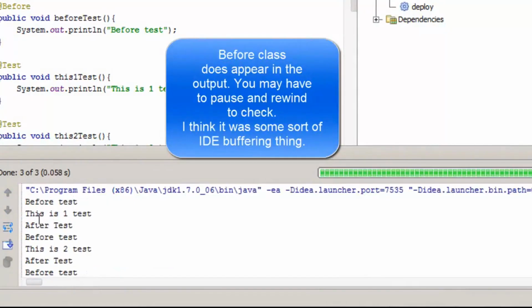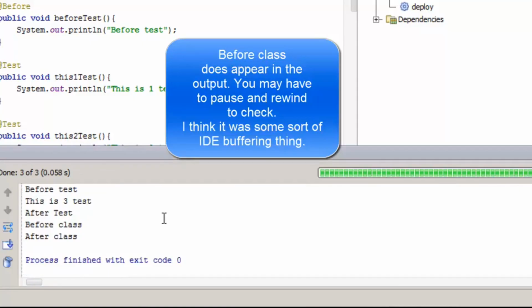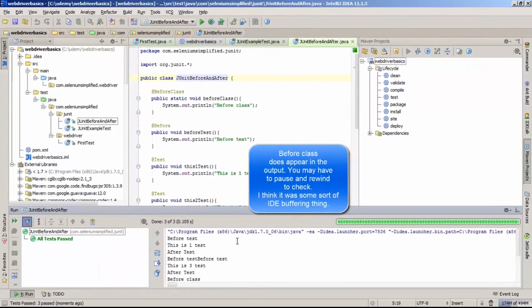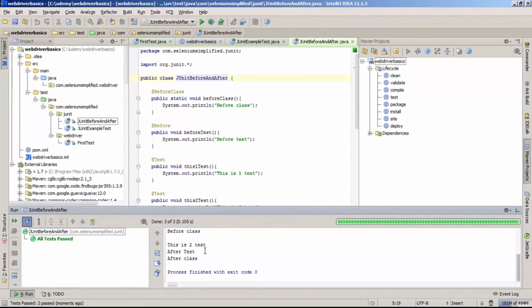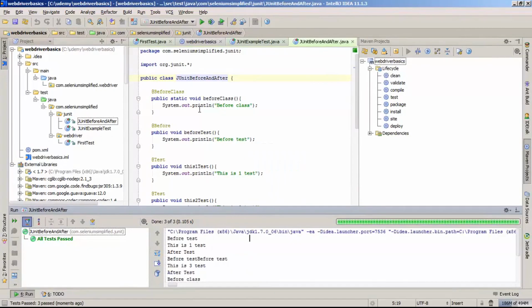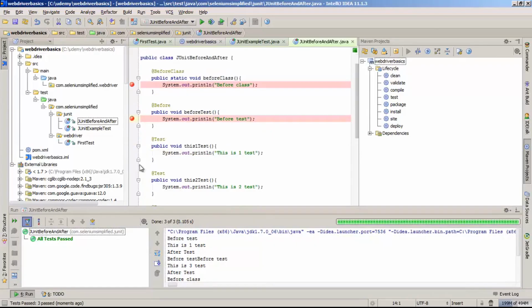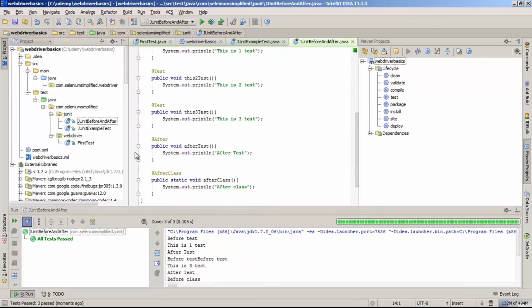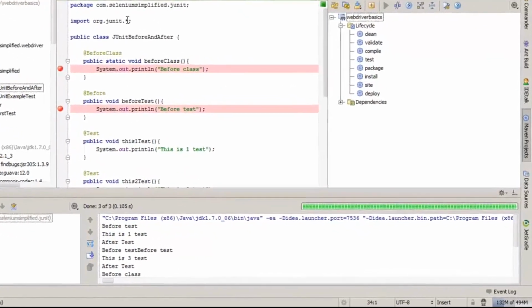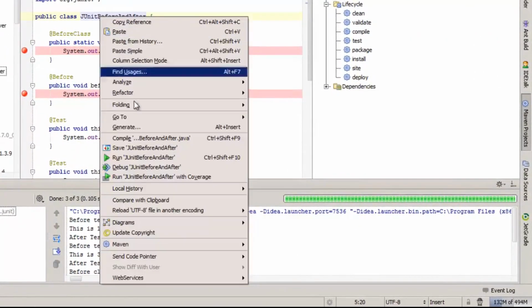Great, so we have a before test and no before class. That was unexpected. Now I saw that come out, before class, in there and appear down here. That was wild. Now, I think this is working fine, but what I'm going to do is put debug points in here so that we can see this. Because I think it's working fine, I think it's just the console and buffering, whatever else. So if I right click on this and debug it,